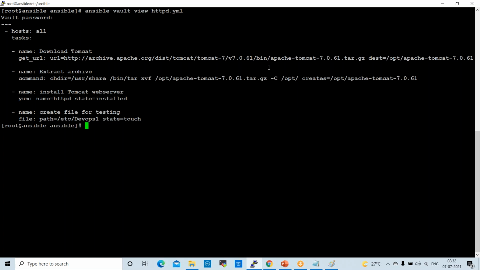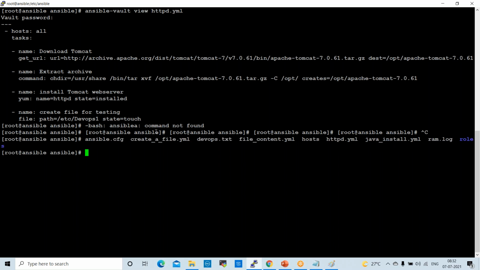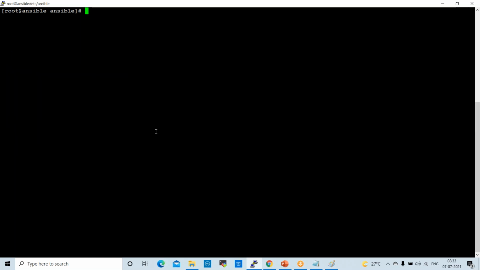Now you want to edit this playbook. You want to modify something. For which, the command here is ansible. Okay. Fine.